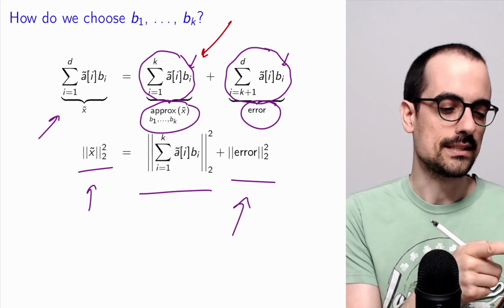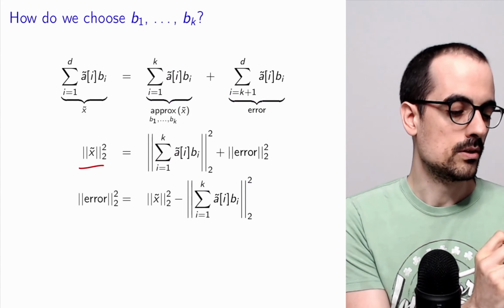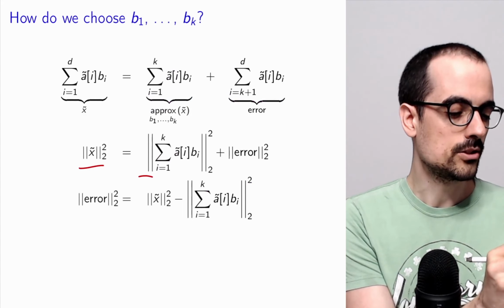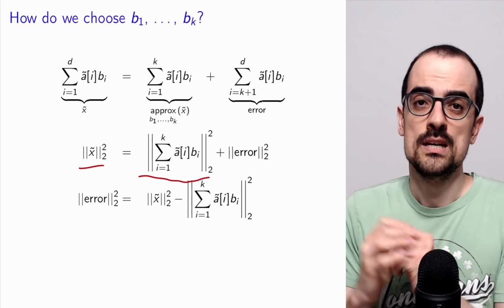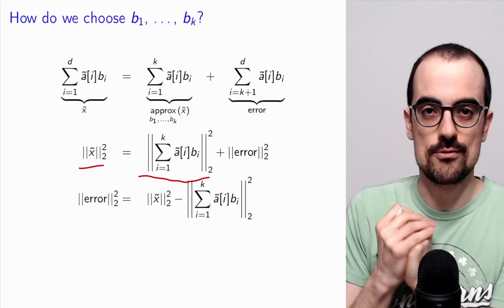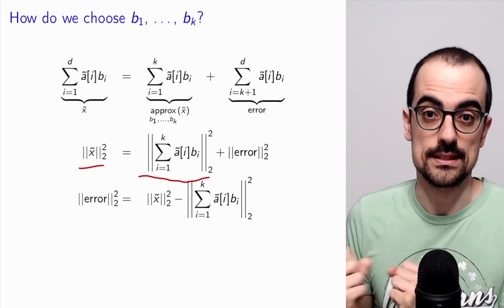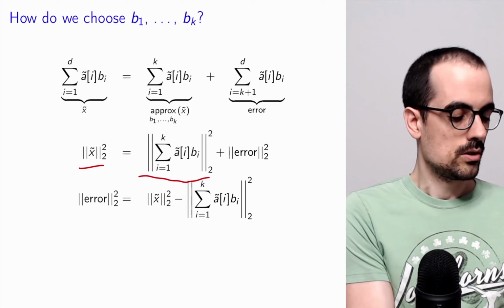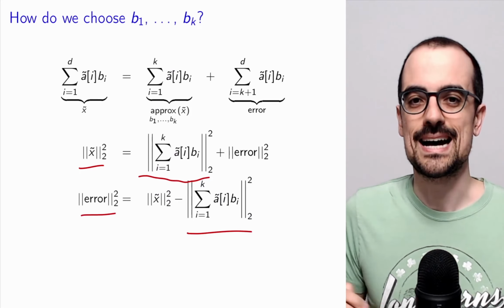So we want to reduce that error. Now we can express the error in terms of the L2 norm of x minus this term here, which intuitively captures how much of the original vector is preserved in the representation. We want to make this error as small as possible, so we will want to make that as large as